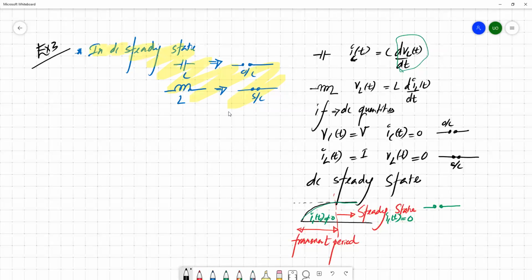Another point I need to highlight here. We have a switch like this. What's the meaning of this? This transition happens at t equals 0, which means when t less than 0,